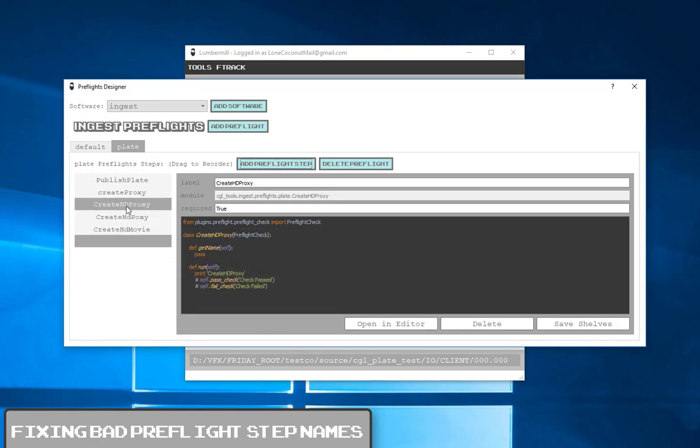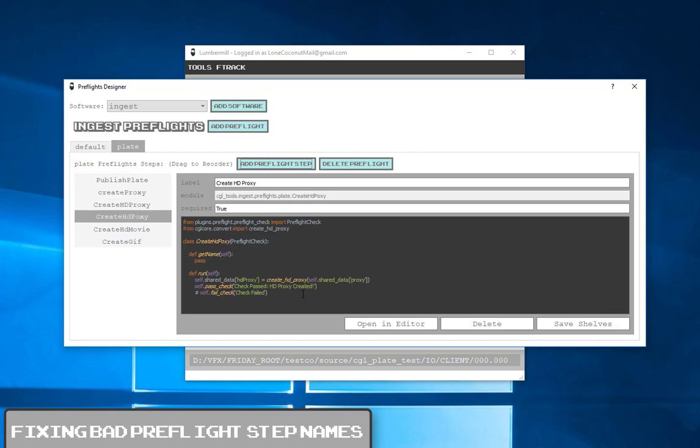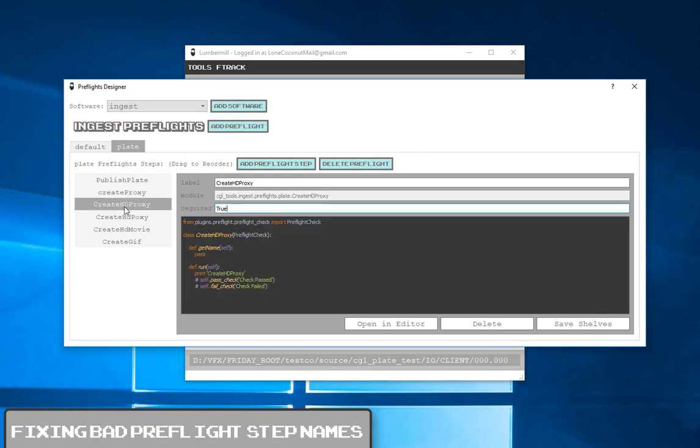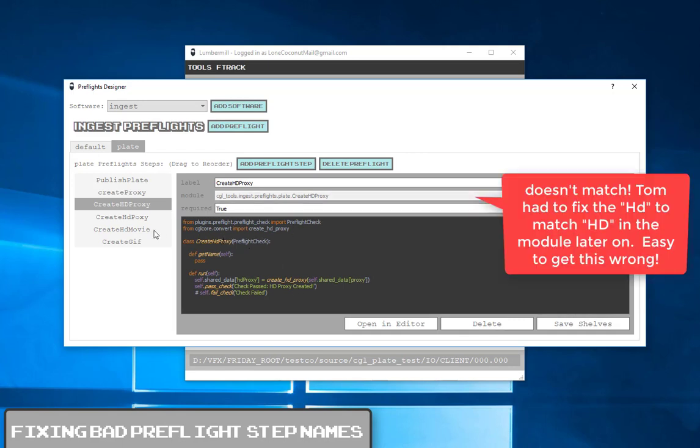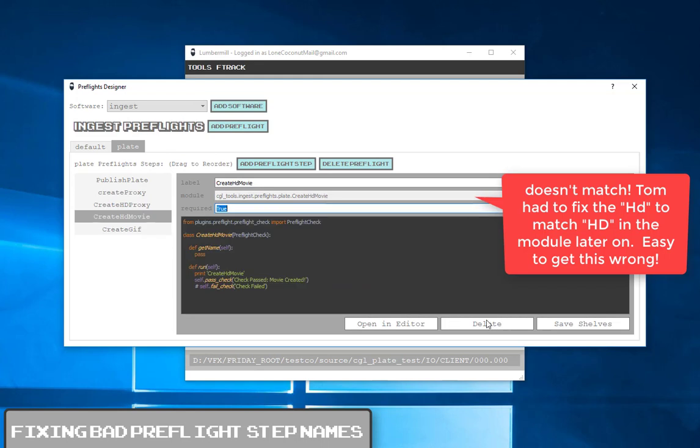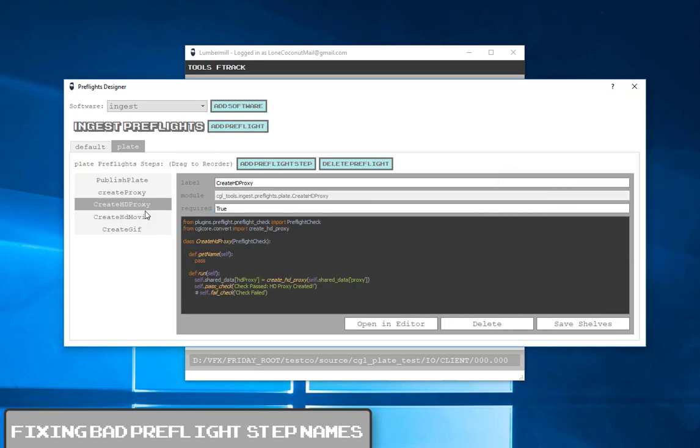I'm just going to move that up here so it's in the right order, and then I'm just going to copy and paste this into this, fix the spelling, matches there, and then I should be good. And now I can just delete that step. So now I've got create HD proxy. It's doing the thing that I want, and I've also successfully shown you how to fix spelling errors if you have them